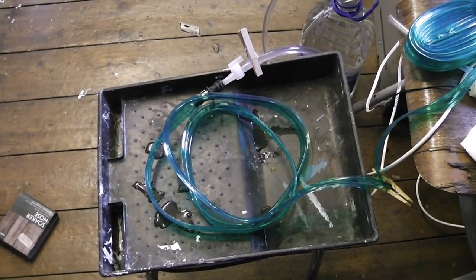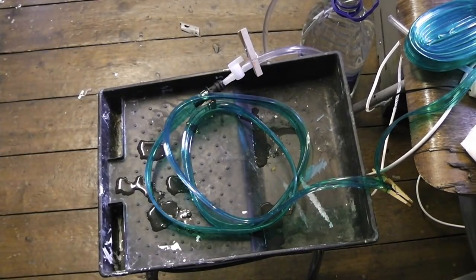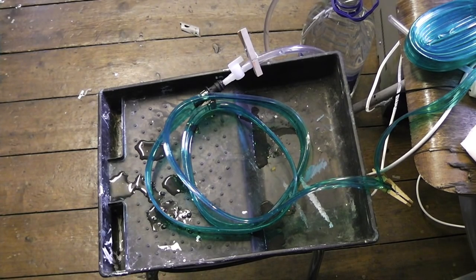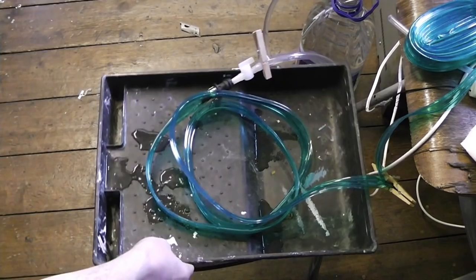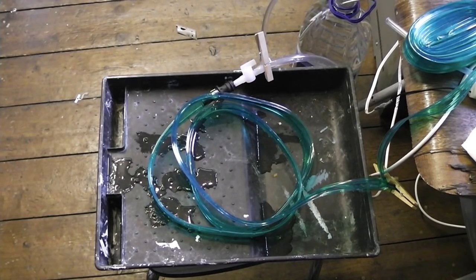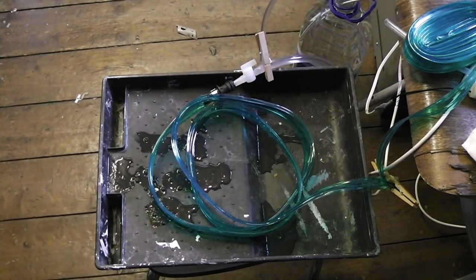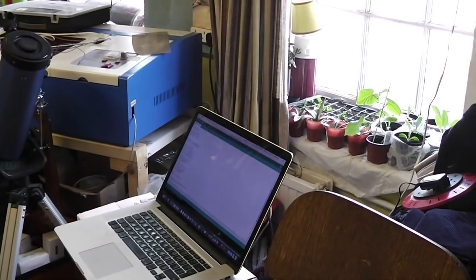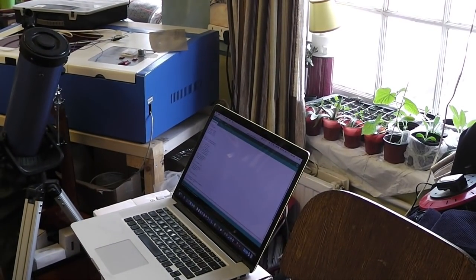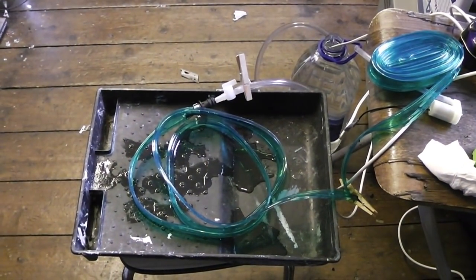This is the final part of the setup. I bought this thing called soaker hose at the local pound shop, and I've also placed this a lot higher above the pump than it was to avoid a siphon happening, and that seems to reduce the rate of water coming out. Now, of course, the main point with this is to spread the water across the whole tray of plants that I have over there, and the idea is that this should just gradually hydrate them and bring the soil to a state where the sensor turns off. So it's going to be a very gradual process, but with the kind of self-regulating sensor